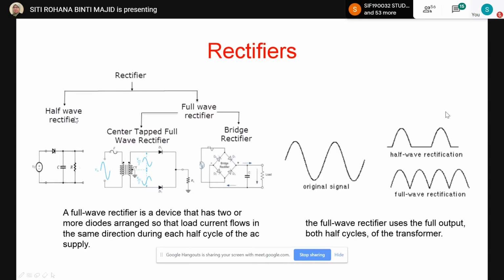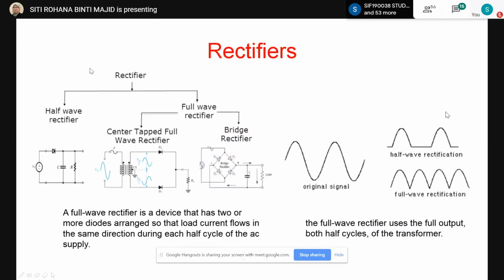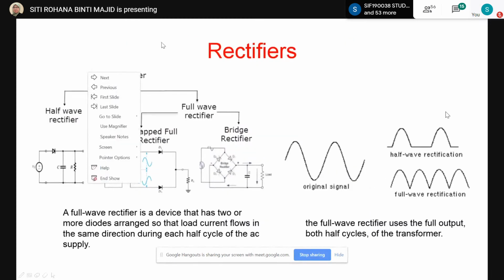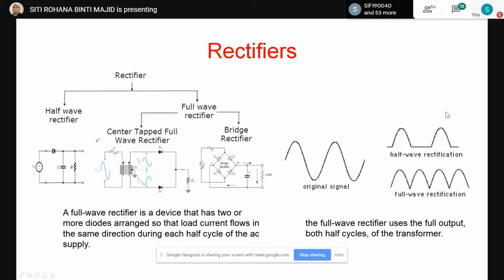The first one is the half wave rectifier, and the second one is the full wave rectifier. For the half wave rectifier, we already discussed it last week. So for this week, we will discuss the full wave rectifier,